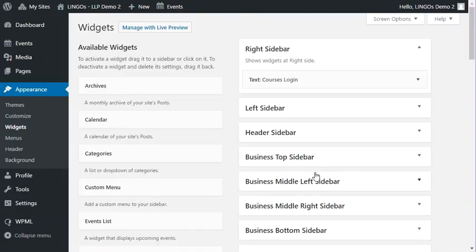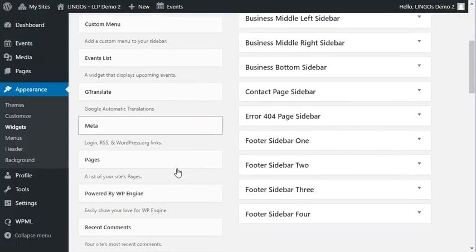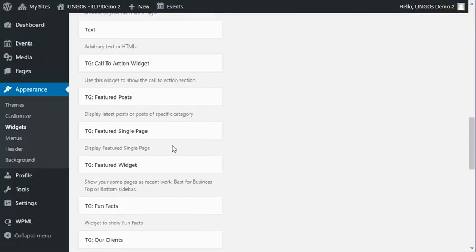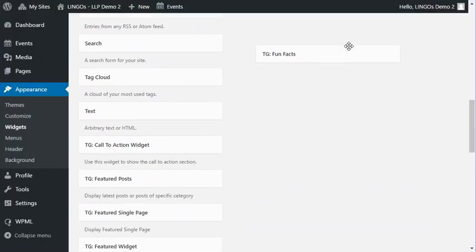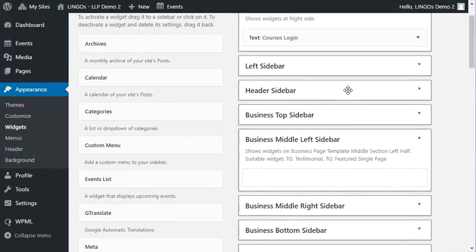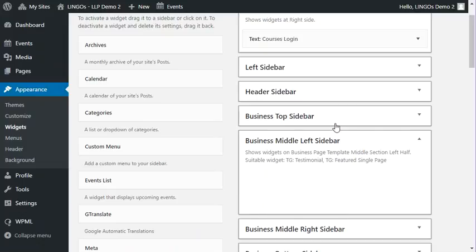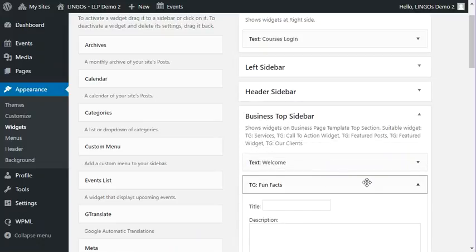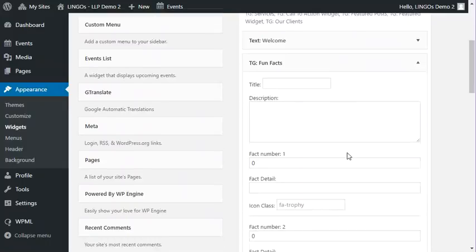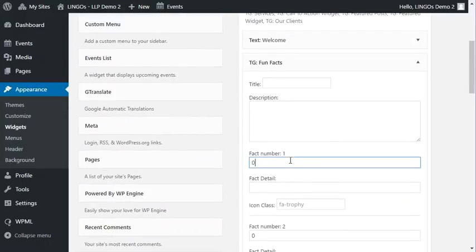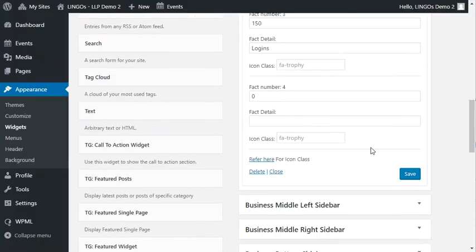And to show you a bit more, I'm going to add in something called fun facts. So if I scroll up and add this again to the top sidebar, but this time I'm going to place it underneath the welcome, and you'll see I get a section here. Now I want to make sure that I change each one. So what I want to do is I'm going to put 95 here and course started, and I need to fill in all of these. Now that I've filled in all of the areas that I want, I'm going to click Save,